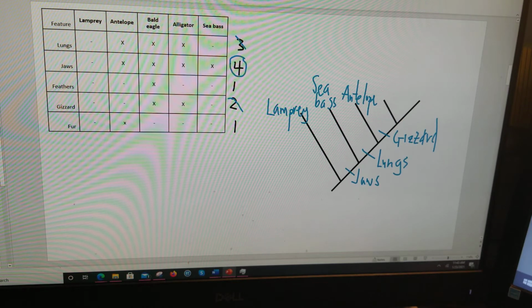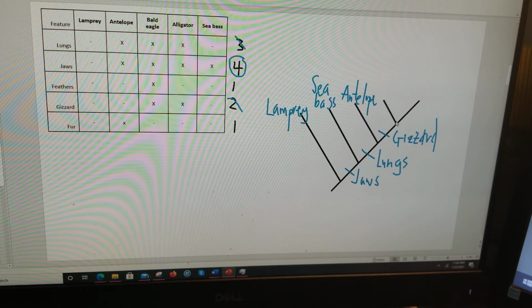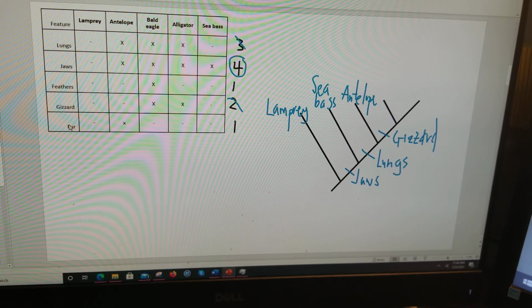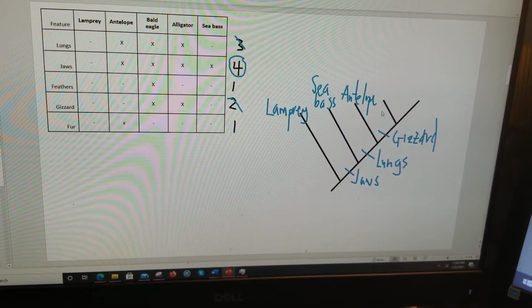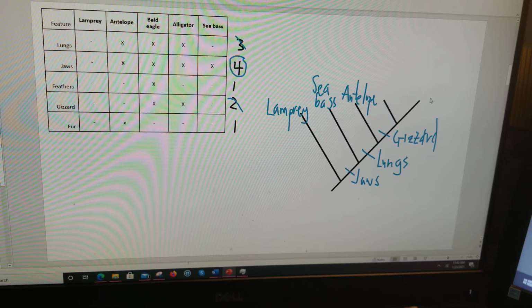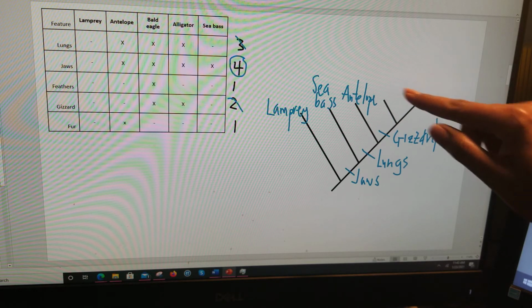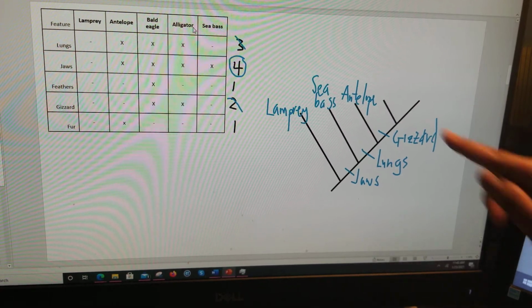Then next, after that, there was another divergence event that caused us to have organisms that derive both feathers and fur. Where do we put feathers and fur? It depends on which of the species that we put wherever. So out of the two species that are left, the bald eagle and the alligator,